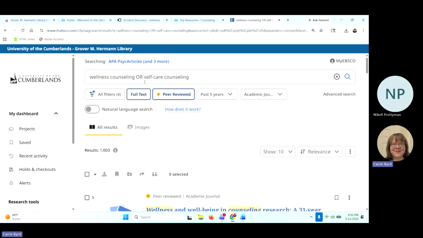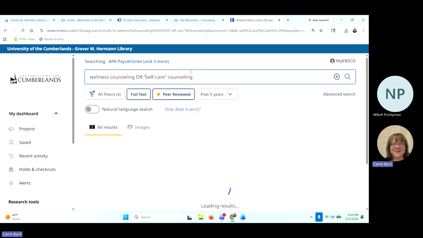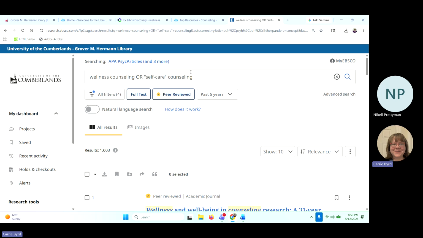Now, I want to make my search a little bit more specific. So I'm going to put self-care into quotation marks. There is kind of an and there. That's why I say it's kind of 1 word, kind of 2 words. So if I put that into quotation marks, my search is going to,